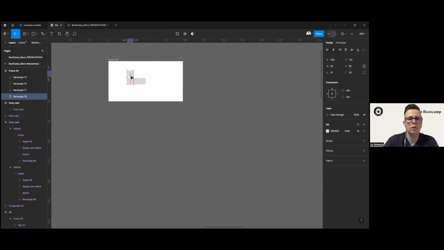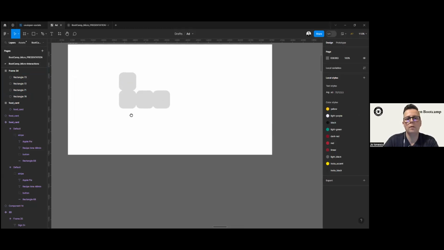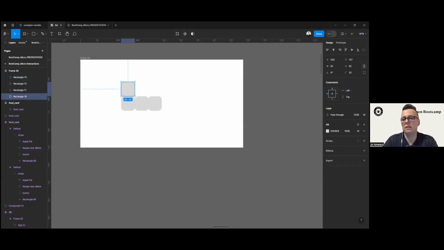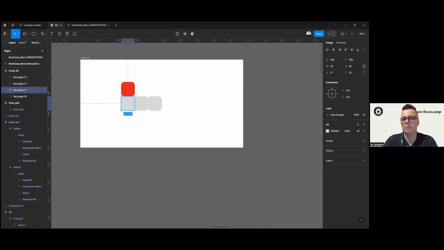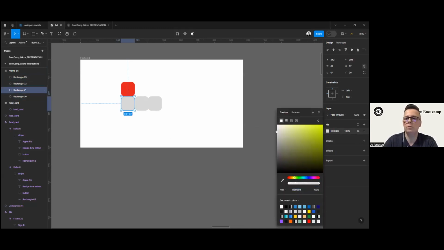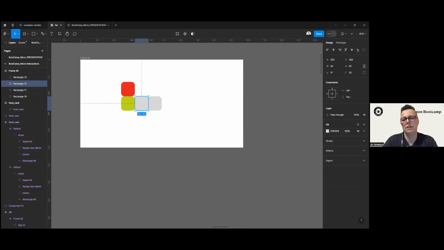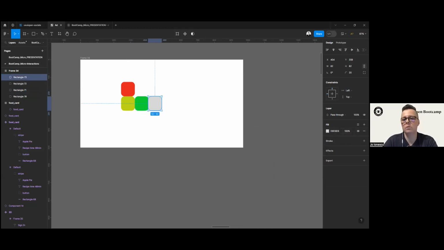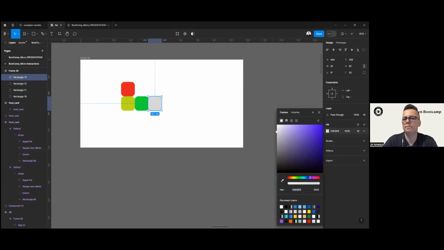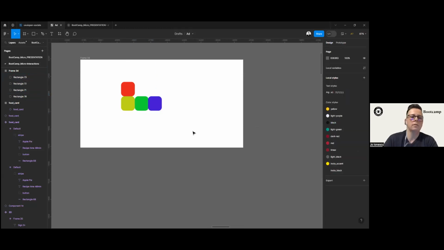I'm going to start actually like this. All right. We're going to give 3 colors. It doesn't matter what kind of colors this time. I'm going to give one red. I'm going to give one yellow, kind of a yellow. All right. I'm going to give a green. And let's make this one blue. It's going to be very colorful, right? All right. So